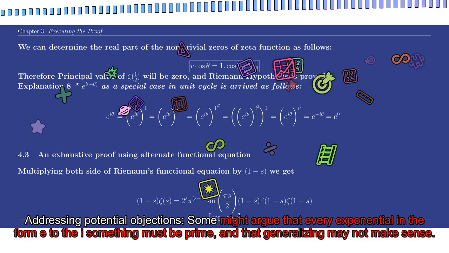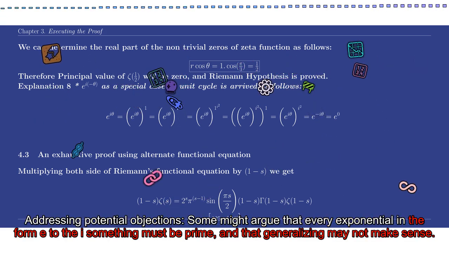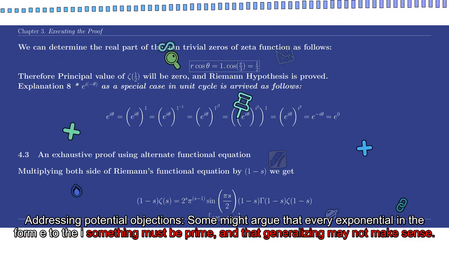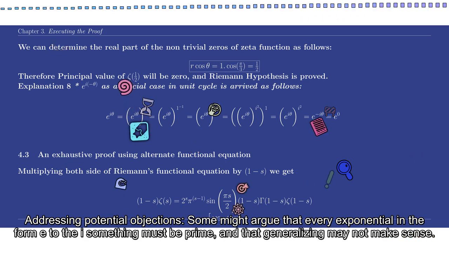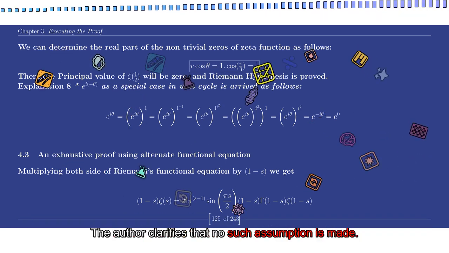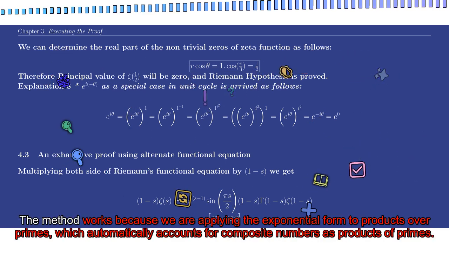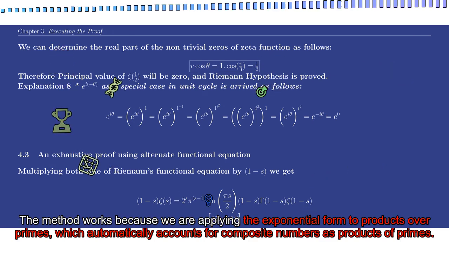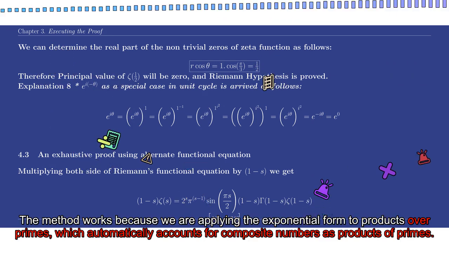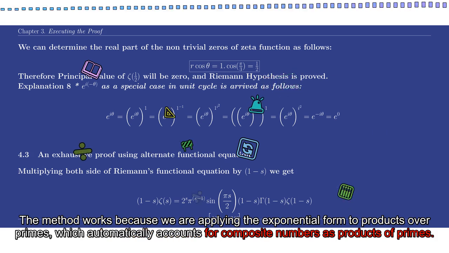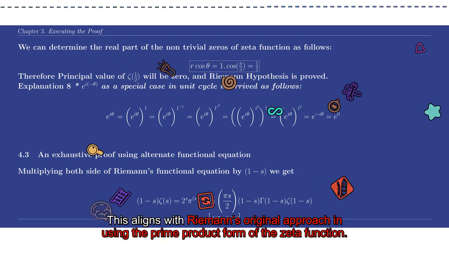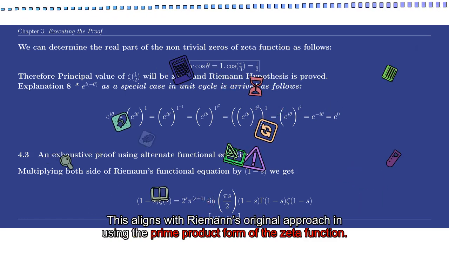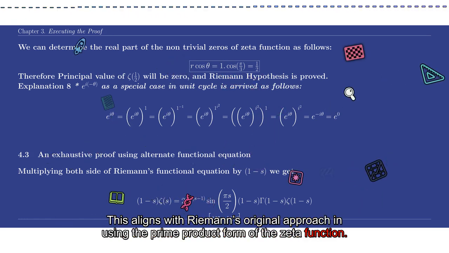Addressing potential objections. Some might argue that every exponential in the form e to the i something must be prime, and that generalizing may not make sense. The author clarifies that no such assumption is made. The method works because we are applying the exponential form to products over primes, which automatically accounts for composite numbers as products of primes. This aligns with Riemann's original approach in using the prime product form of the zeta function,